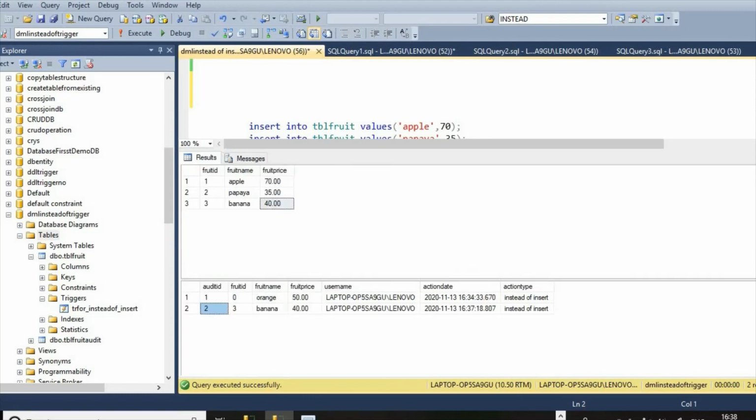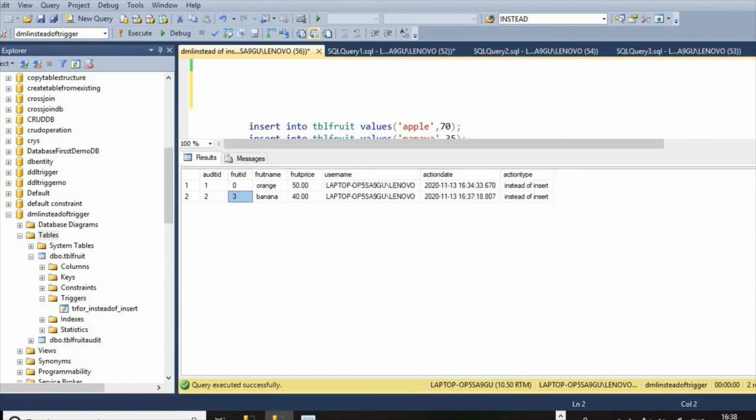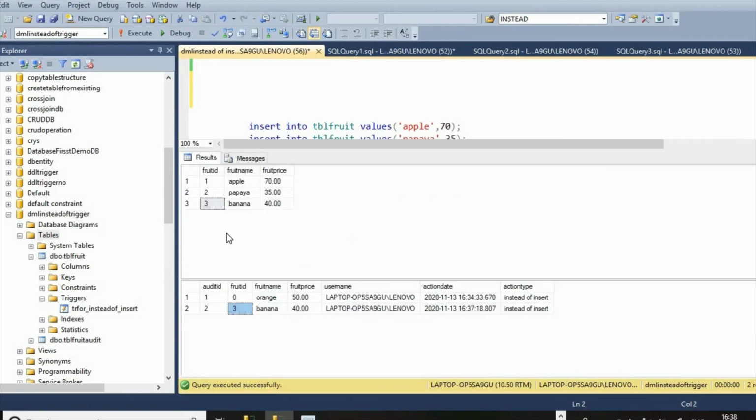Here in audit table, audit ID is 2, fruit ID is 3. Both the fruit IDs are similar. Then banana price is same. Then username, then action date contains current date and time. Then action type contains instead of insert event.